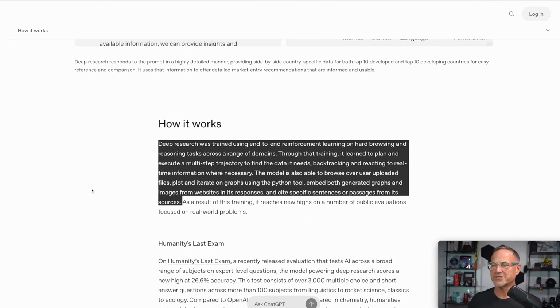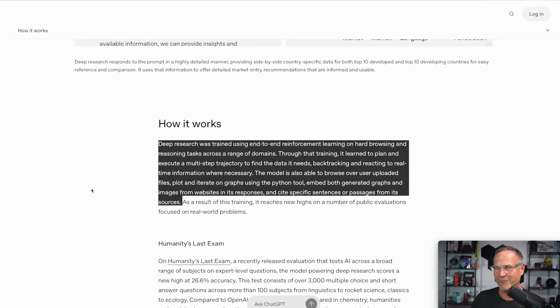As for how it was trained, Deep Research was trained using end-to-end reinforcement learning on hard browsing and reasoning tasks across a range of domains. So how they got that information, how they got the requests and the answers and stuff? Good question. That's something they're not telling us about. But anyway, obviously it wasn't easy to collect this data to train it on, but they've done that. Through that training, it learned to plan and execute a multi-step trajectory. In other words, it's agentic, it's behaving on its own,